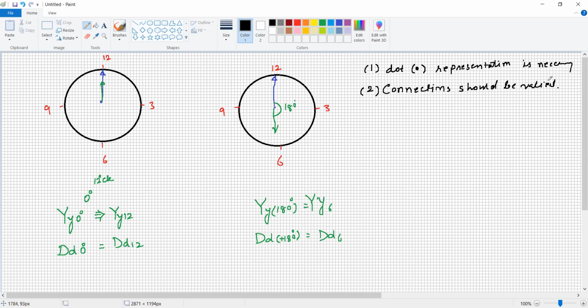For the delta connection, before connecting the delta, it should be ensured that there is no local voltage in the delta connection. The local voltage should be equal to 0, otherwise it will circulate a large amount of current. So there is no meaning to connect the transformer with some voltage in the delta. So the valid connection should be there for the primary winding and secondary winding.